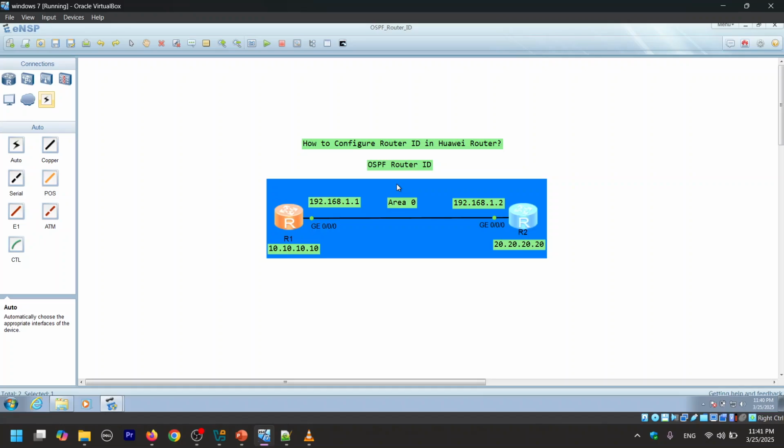For the R1 router we will configure the loopback, but for R2 we will not configure the loopback. We will only configure the physical P2P interface and establish the neighborship with R1.